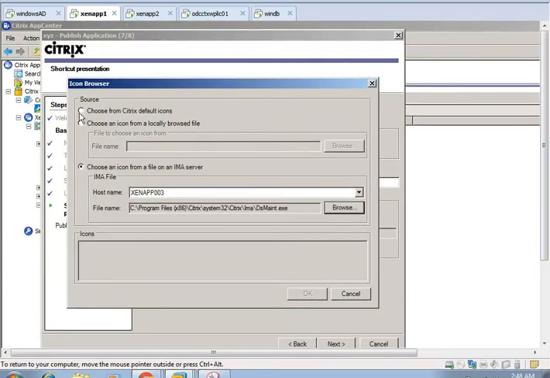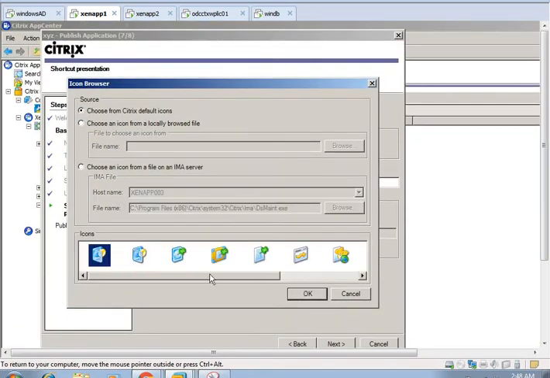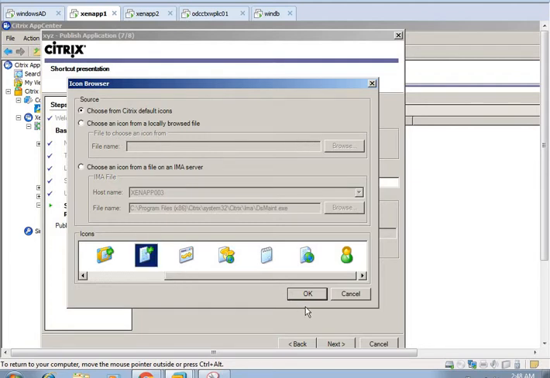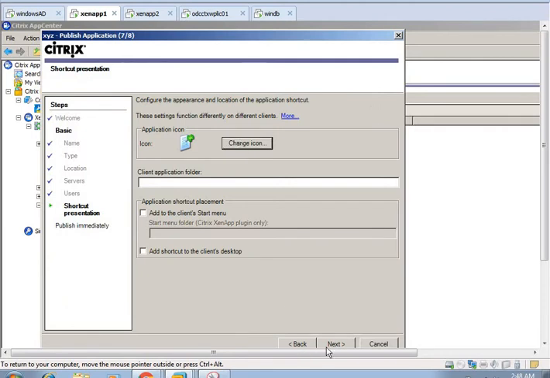Okay, I'm just choosing the default Citrix icon, which is here. We can select any default options, or we can also provide the file. So I'm choosing this one, which is a default option.